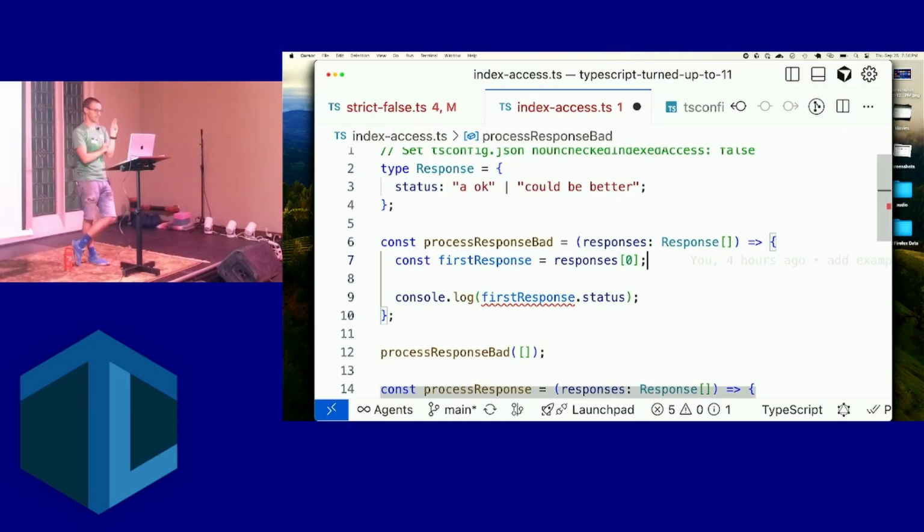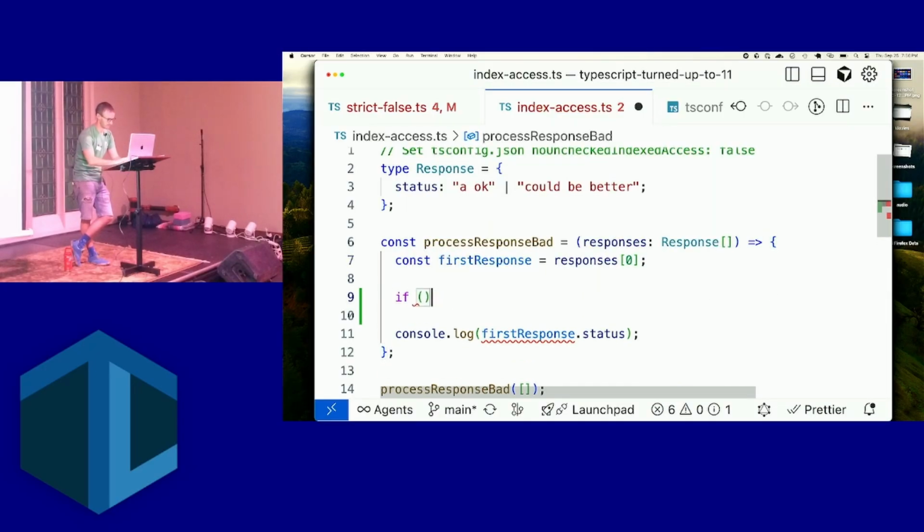So you'd have to check it in the function. We'll get to that later. It's called type narrowing. Right now, this type is a response or an undefined. To narrow it inside of the function, we can say, if not,